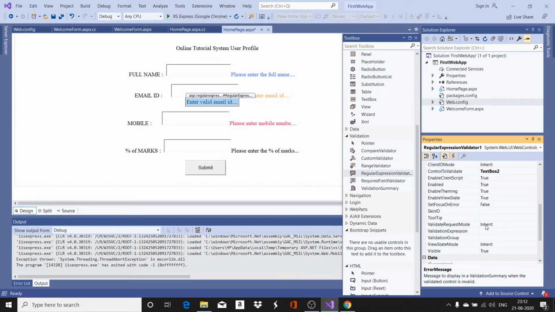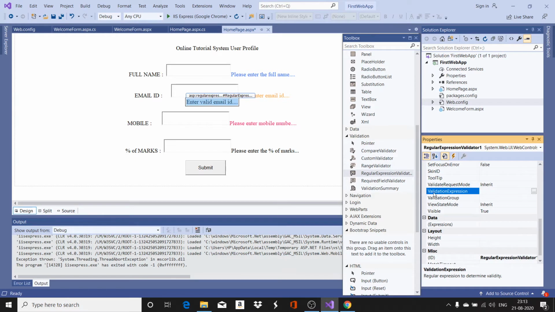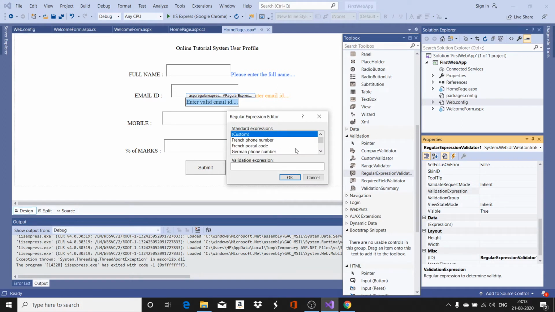Now when you are saying that I want to have a valid email ID using a regular expression validator, you have to specify what validation expression you want to use. So you go here, there is another property called validation expression. It is a dialog box. Click on the dialog box icon. You will have the standard expressions, or you can have custom expressions also, right? Custom expression is, we have already seen how regular expressions can be framed when we discussed strings in C# programming. So that kind of validation expression you can give, or you have some predefined expressions also.